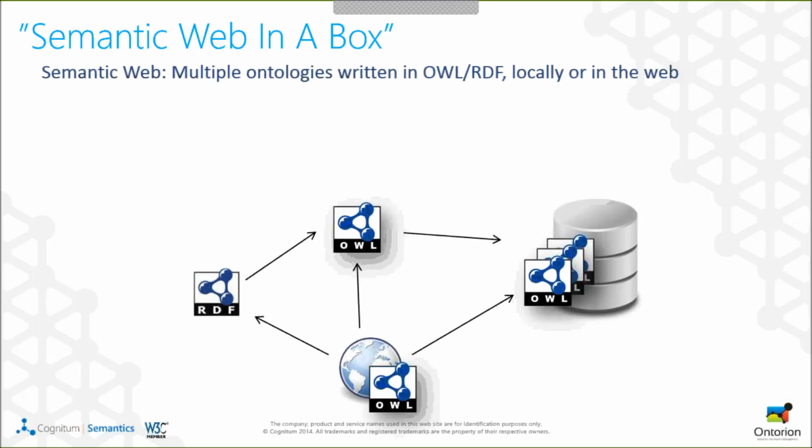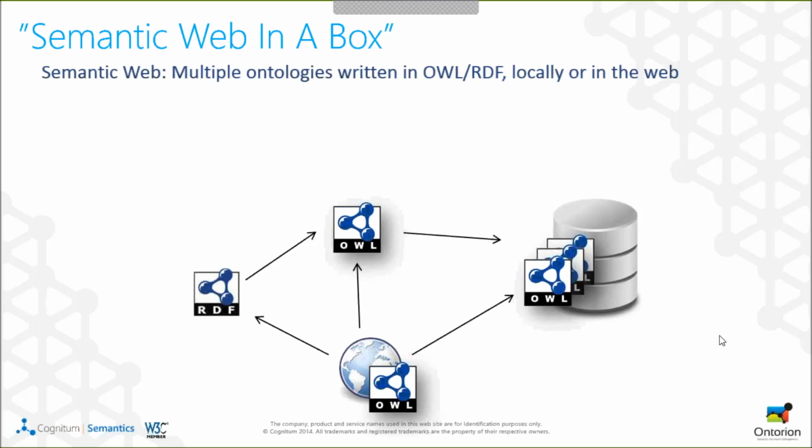What is the semantic web? The semantic web and semantic technologies in general, the semantic technology has been developed with the semantic web in mind. They start like this: you have two main types of files. The syntax can be different, but two main types. You have OWL and RDF. These OWL and RDF are generally expressed in XML, but there are other syntaxes for them. And so these two are the main languages. There are others that are used directly inside web pages, but these are the main languages that you